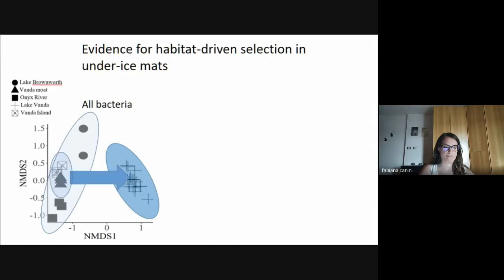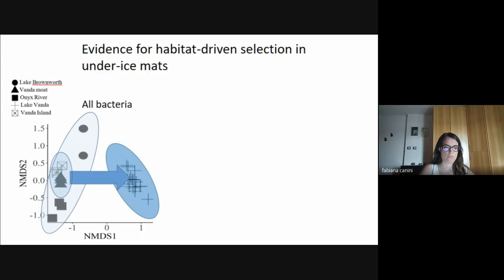If we think of these 6 points here as our moat communities, the moat communities within the lake, and if there is a transition going on as lake level rises, they're going to transition to being under ice moats. They're heading in this general direction if we're going to sustain the same type of biodiversity that we see there.